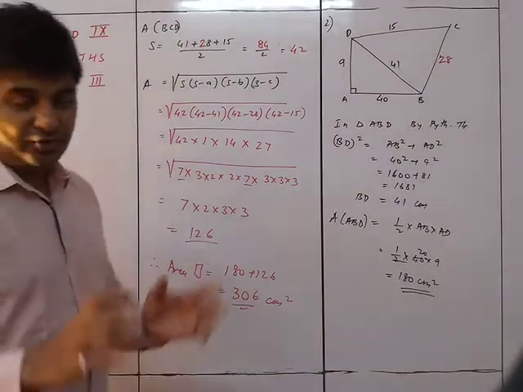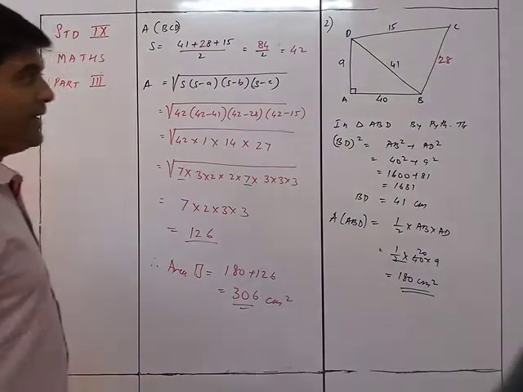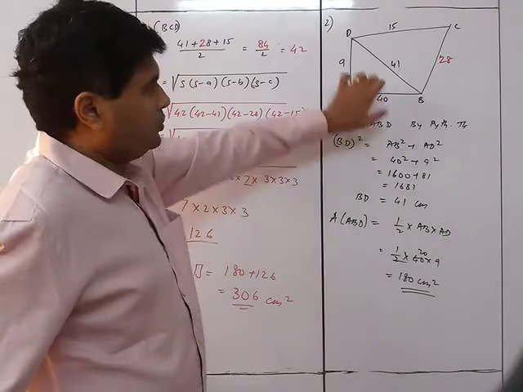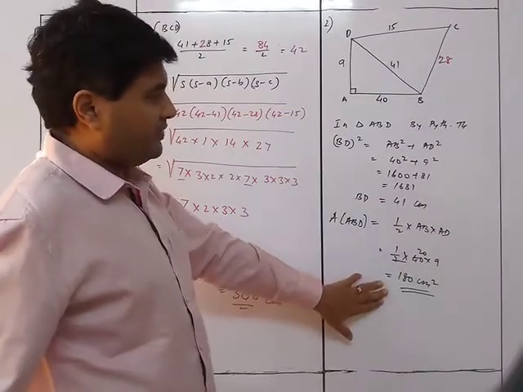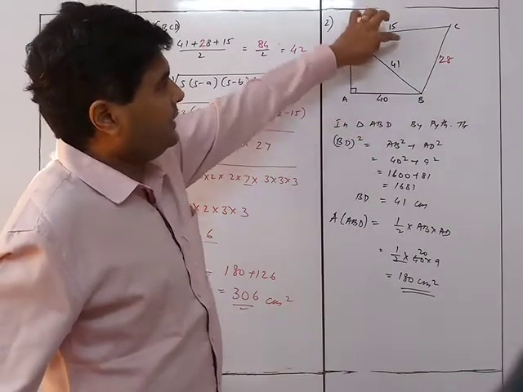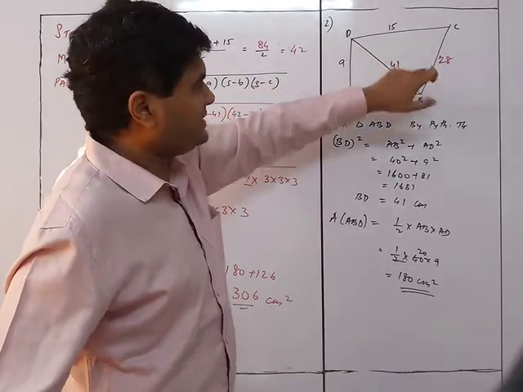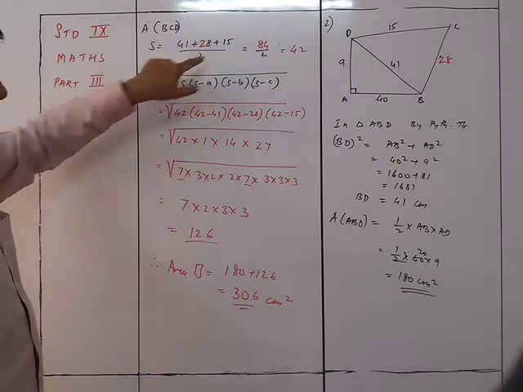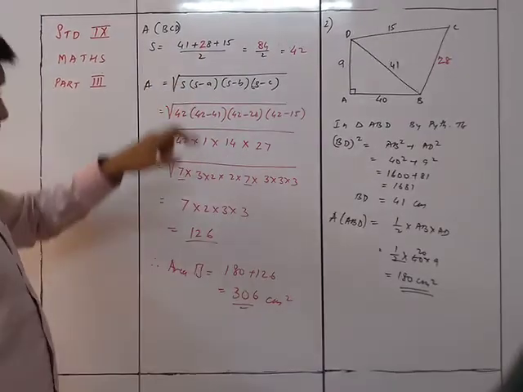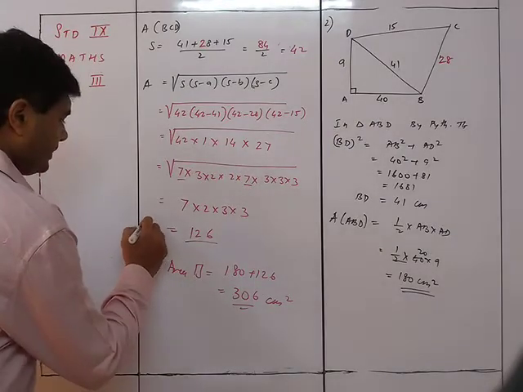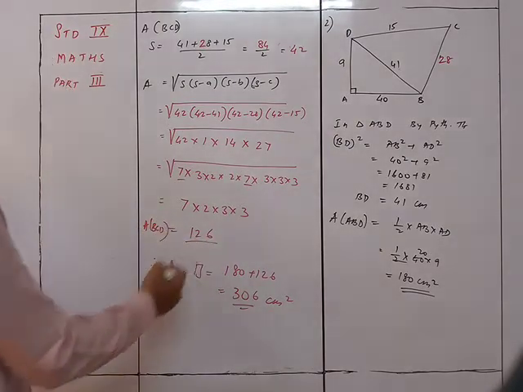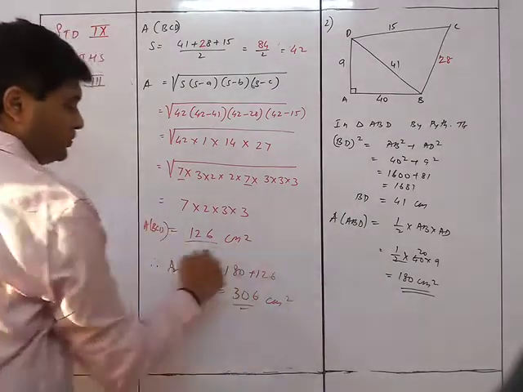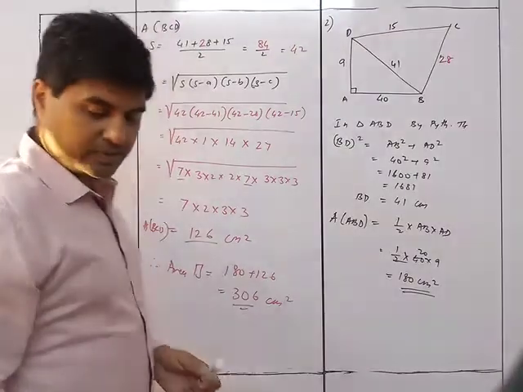It was an easy sum. Unfortunately, I made it tough by doing calculation errors. So you can see that first of all, you use this right angle triangle and find out the area of the right angle triangle. You found out the hypotenuse. Now we have all the three sides. You use all three sides in Heron's formula. From Heron's formula you get the area of triangle BCD, which is 126 centimeter square. Accordingly, area of the quadrilateral will be 180 plus 126, 306 centimeter square.